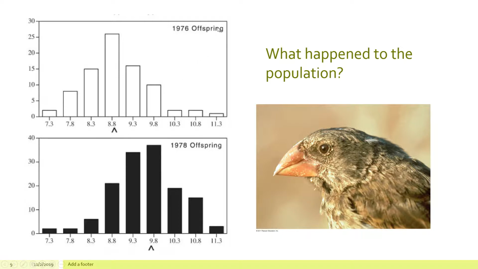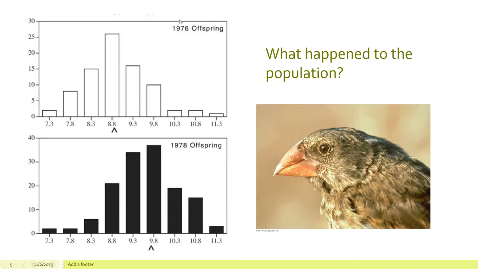Anyways, what was interesting for them, and the video talks about this further, is there was a time where there was a huge drought. And this is showing you that drought right here. So this was before the drought, 1976. During 1977 was the massive drought that occurred. And this is data that they saw.